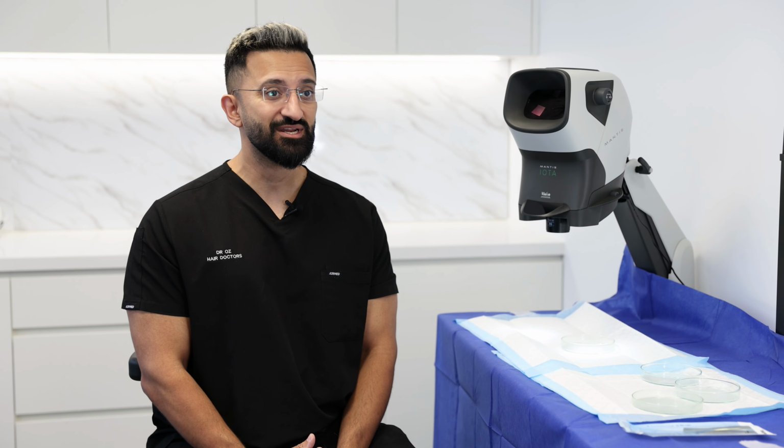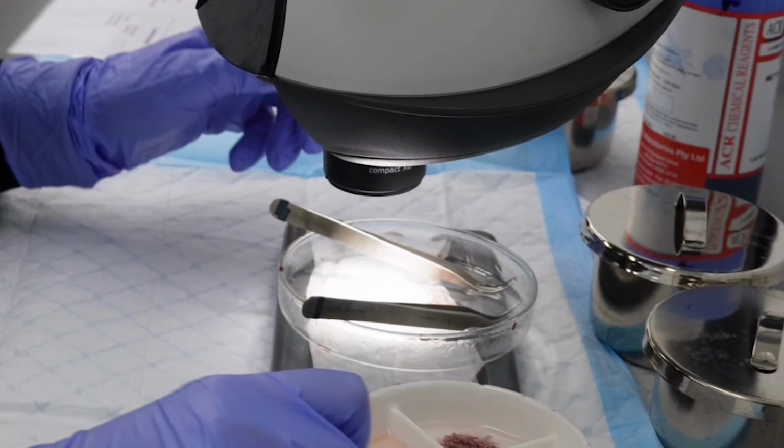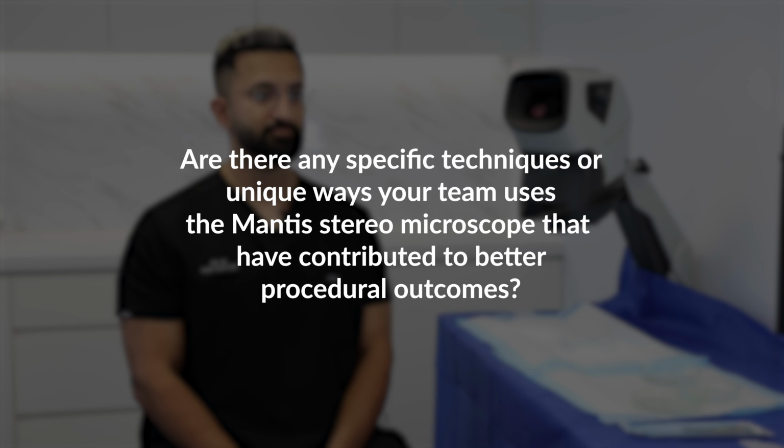hairs per graft. This is critical because different areas of the scalp require different graft types. Single hairs for the hairline, doubles and triples for density. Without this level of precision, you risk creating an unnatural or pluggy looking hair transplant. Are there any specific techniques or unique ways your team uses the Mantis Stereo Microscope that have contributed to better